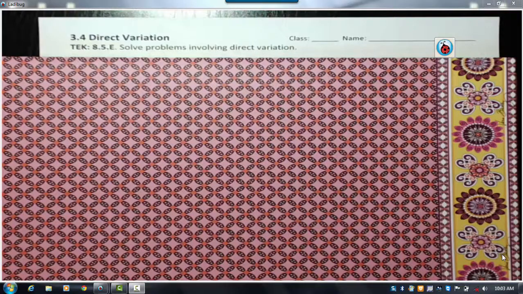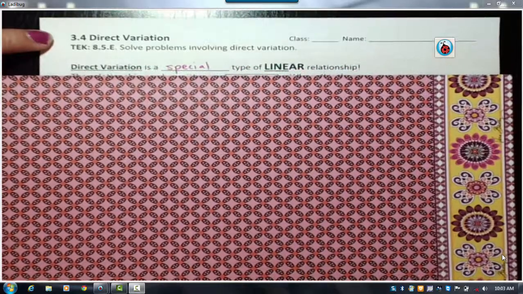Today we're going to be looking at Lesson 3.4, Module 3, which talks about direct variation. In this lesson, the TEK that we're going to be focusing on is 8.5e, which is Solve Problems Involving Direct Variation. Now, direct variation is a new word to us, and what that means is that it's a special type